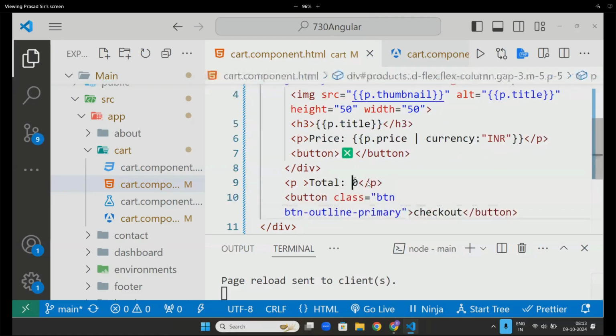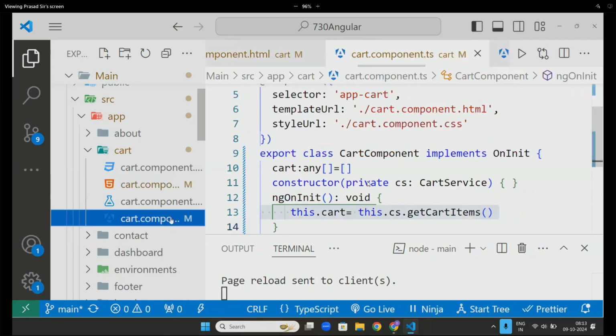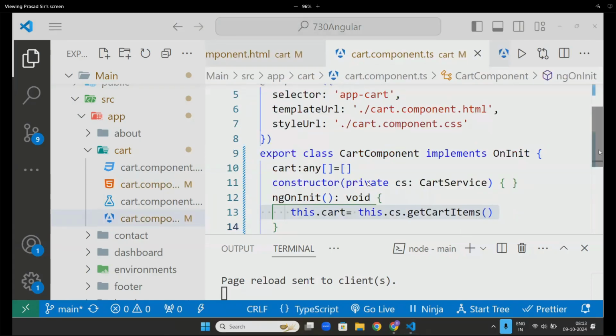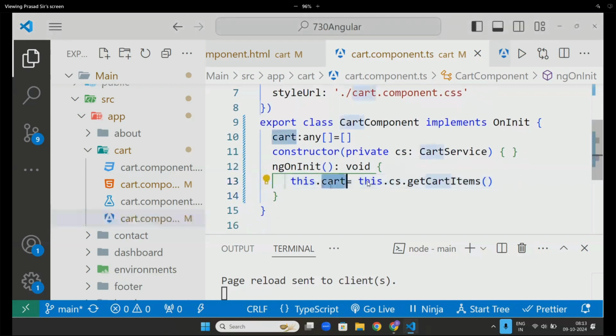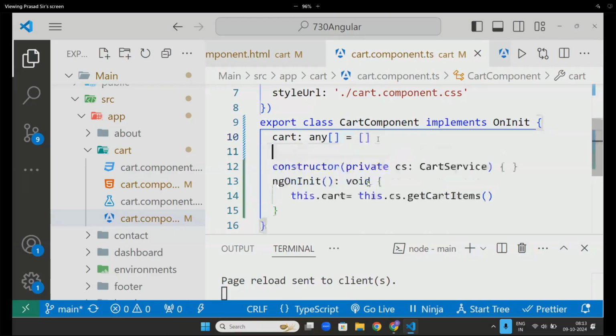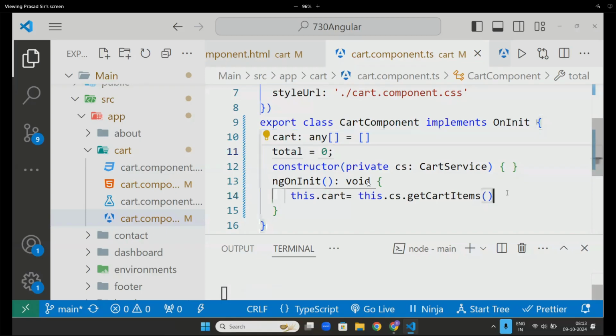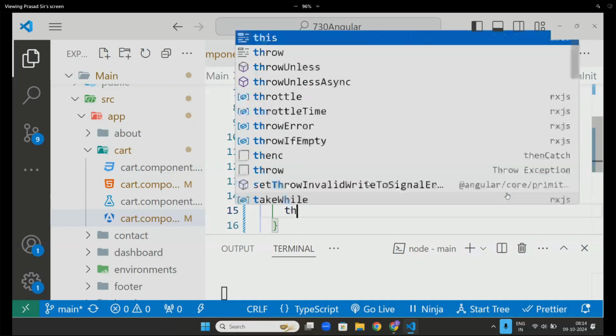And for this total, sir, I will use some total logic. Sir, you are using Bootstrap in this project. Yes, I already started Bootstrap now. Now, also see here I got an item. I wanted the total also, sir. One logic total. Initially, total value is 0. I wanted the total. How do you get the total for all items? This dot cart dot